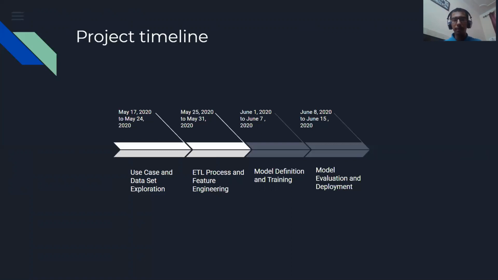Right? So moving on to the second week, I did the ETL process, the feature engineering, the data cleaning, the data pre-processing, and the data visualizations. Each was done in the second week, and in the third week, I did more of the model training and